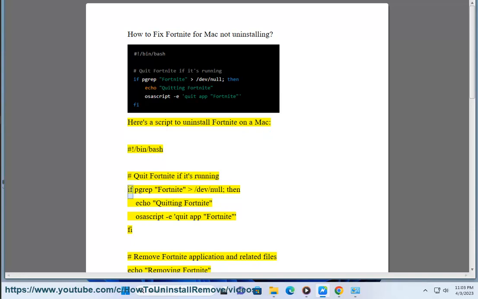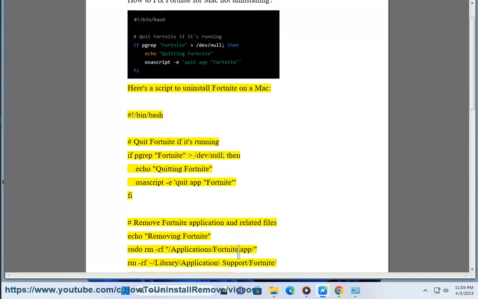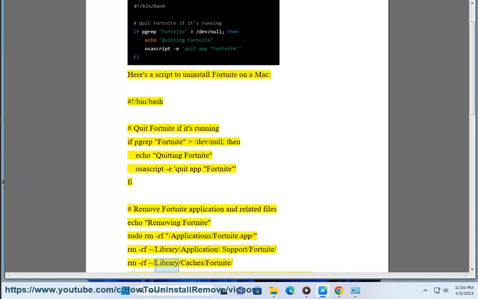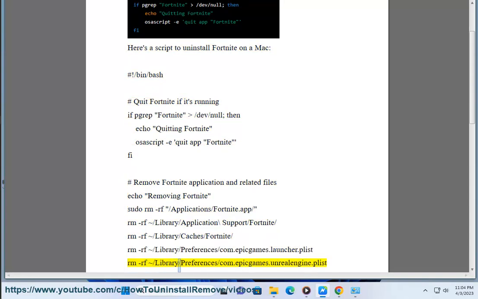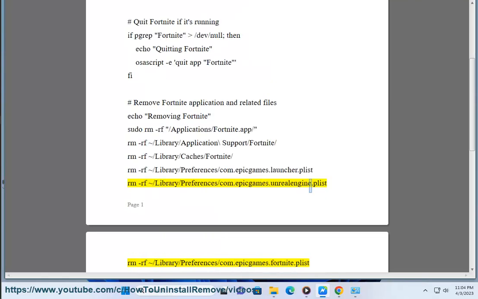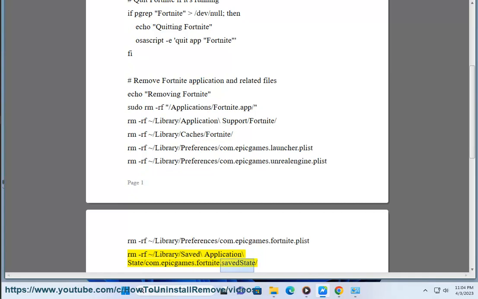#!/bin/bash # Quit Fortnite if it's running: if pgrep Fortnite > /dev/null; then echo "Quitting Fortnite"; osascript -e 'quit app "Fortnite"'; fi # Remove Fortnite application and related files: echo "Removing Fortnite"; sudo rm -rf /Applications/Fortnite.app /Library/Application/Fortnite /Library/Caches/Fortnite /Library/Caches/Fortnite/Preferences/com.epicgames.Launcher.plist /Library/Preferences/com.epicgames.UnrealEngine.plist /Library/Saved_Application_State/com.epicgames.Fortnite.savedState/